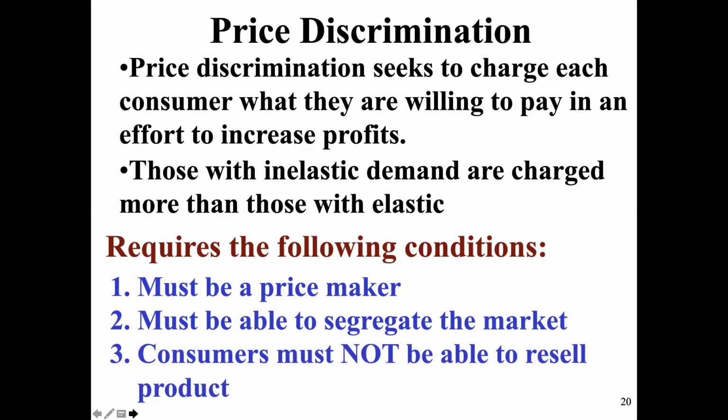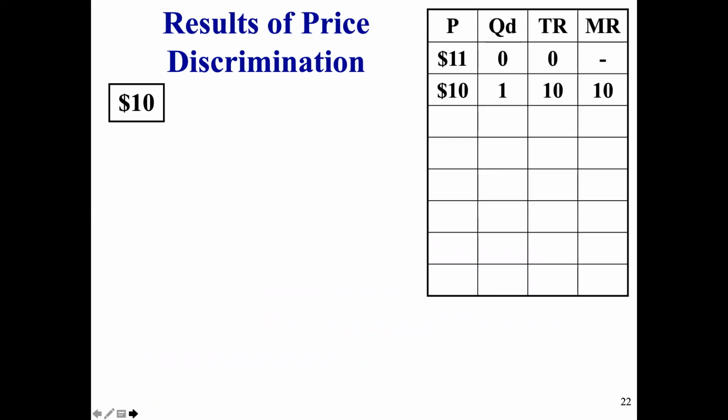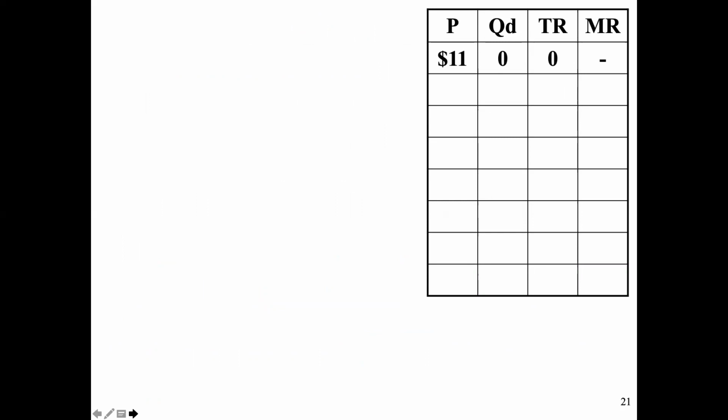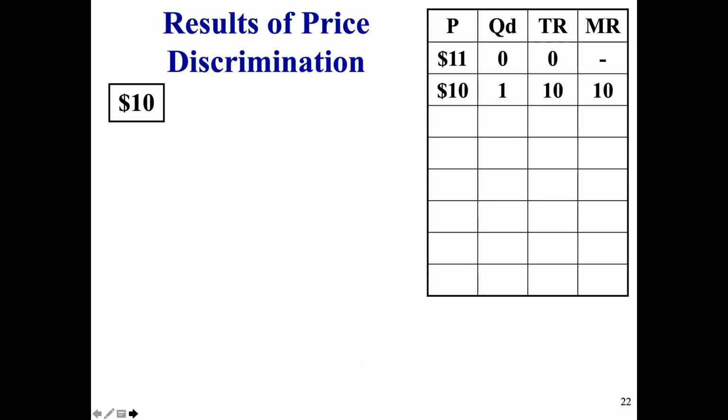So the next question is, what is this going to do to our graph? Let's go back to this diagram. This diagram is what I use to illustrate to you that for monopolies, price does not equal marginal revenue, because in order to sell one more unit, you had to lower the price of units you could have sold at a higher price. Well, how does this relationship change when we look at price discrimination? Okay, in this instance, if we set the price at 10, the quantity demanded would be 1, so our total revenue would be 10, and our marginal revenue would be 10.